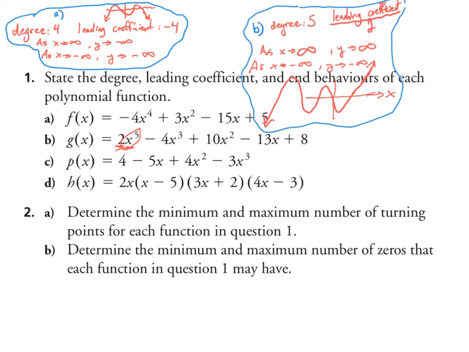Let's do C. Looks like they're trying to be a little tricky here. They're putting it out of order. This is an x to the 0, x to the 1, x to the 2, x to the 3. The highest one is 3, so the degree is 3. It doesn't matter what order they put it in. They're just trying to be a little tricky here. But normally in standard form, you would put this guy to the left, and the proper way in standard form would be to go from highest to lowest. But that's okay. The degree